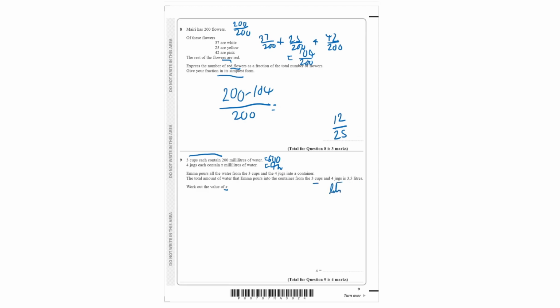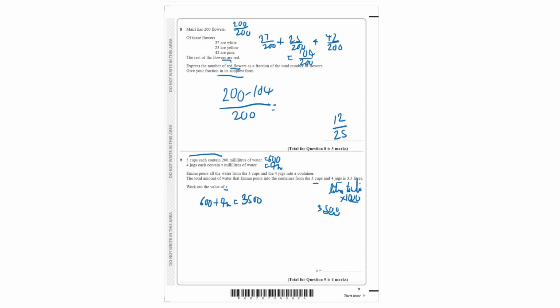When converting liters to milliliters, we simply multiply by 1000. So we have 3.5, and we move to the right 3 times. So we get 1, 2, 3, and put a 0. So that's 3,500 milliliters. So we know that 600 milliliters plus 4x is equal to